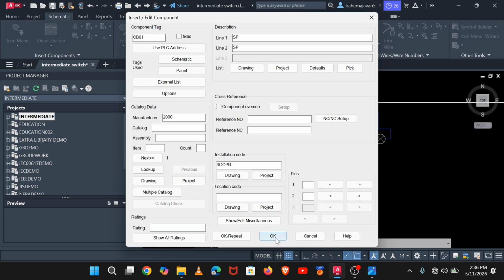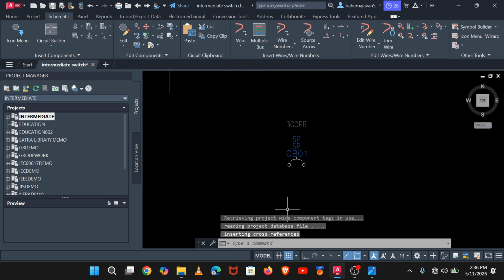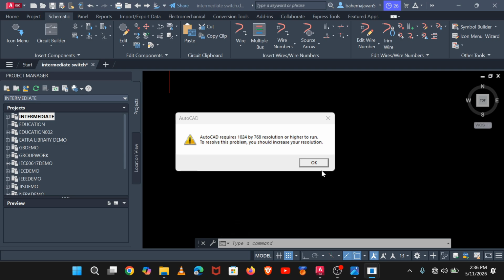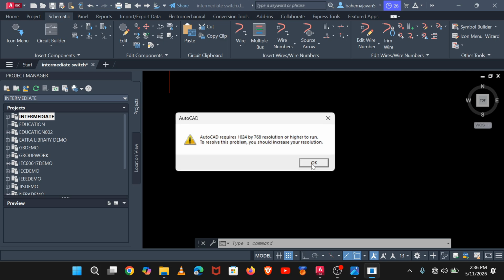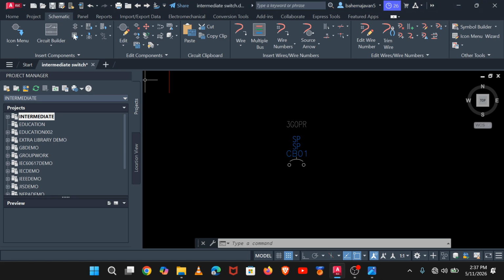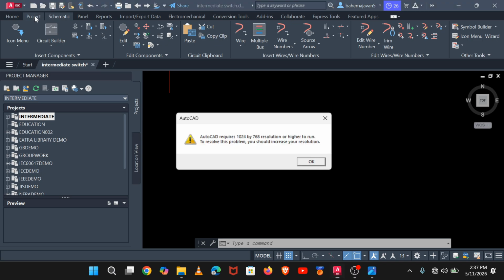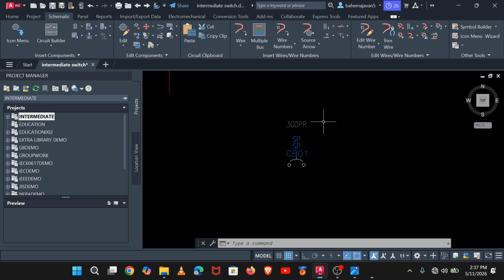So let's just click OK, and after clicking OK, you can see this is a single gang operation that is made of a single pole MCB. So what we're gonna do, yes, they are telling me that my resolution is very short, but if you have a big computer with a big screen, it will look even bigger than this, because I'm using just a simple